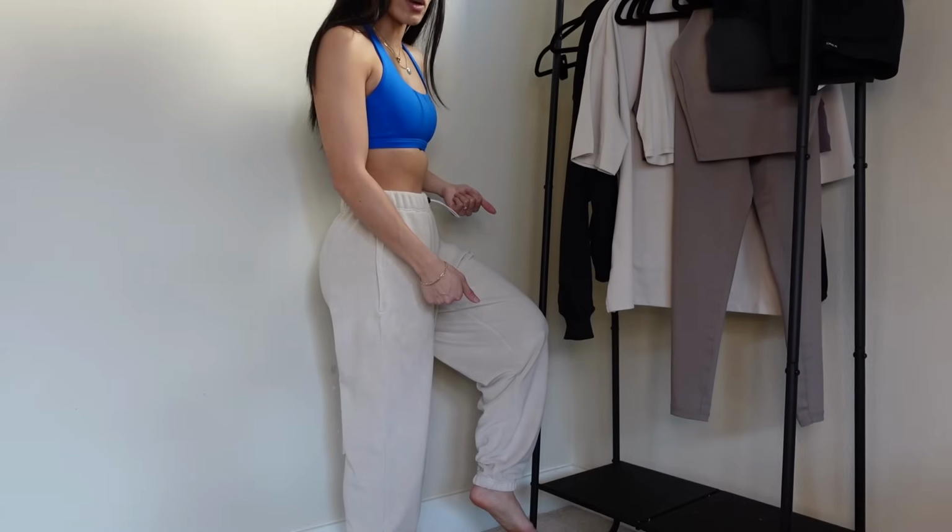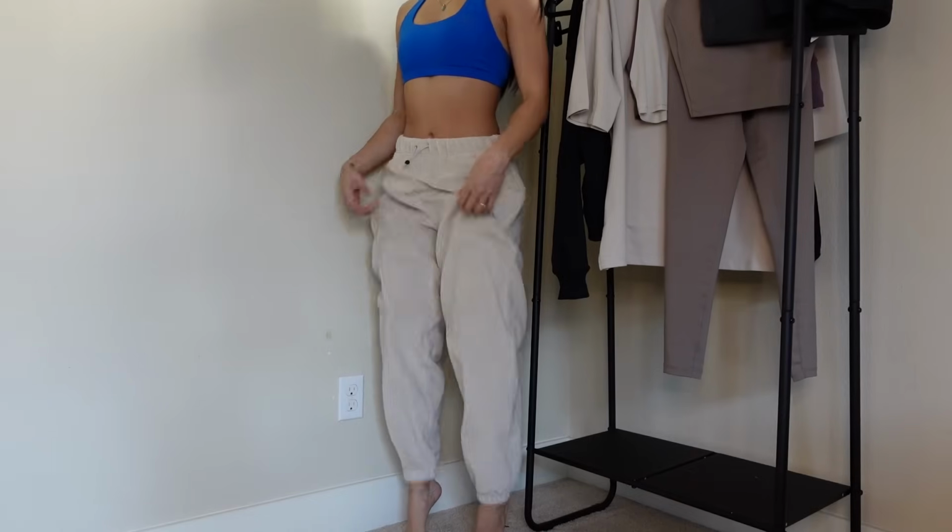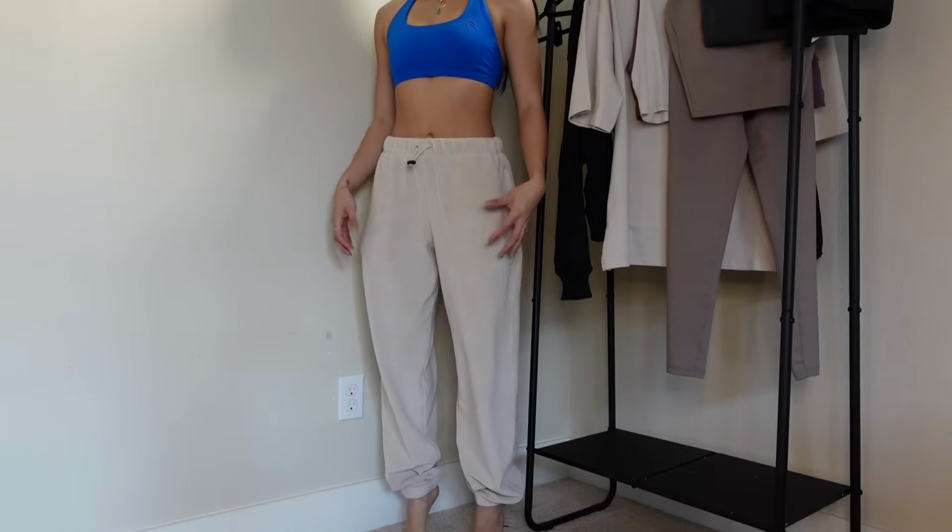It's fitting like a sweat, you guys. It has some length to it. There's a little bit of bunching at the end right there as well. Once again, it just gives that cozy feel. But yeah, it's fitting very much oversized with a little bit more room on the bottom, and this is an